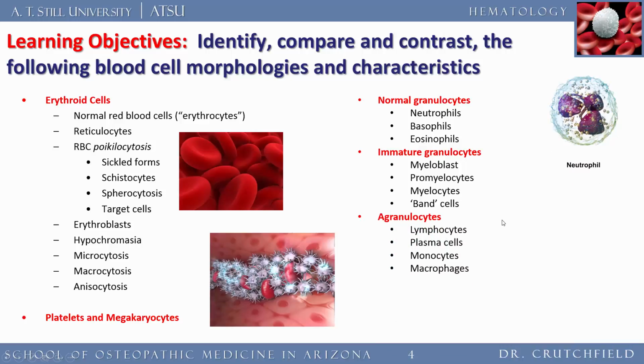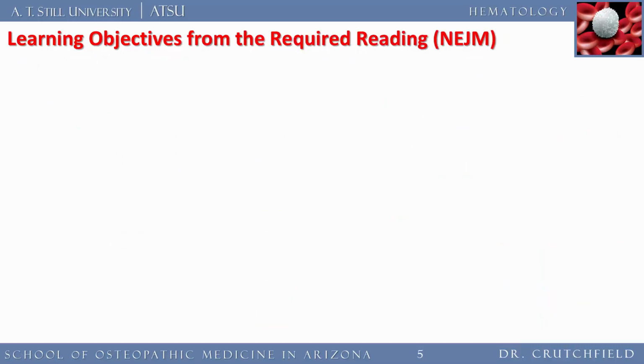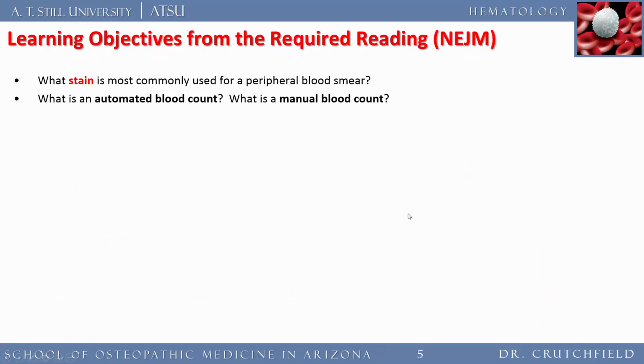And then we're going to take it down and look at some agranulocytes. And as you can imagine, these are white cells that don't have granules: lymphocytes, plasma cells, monocytes, and macrophages. And so once we've gone through all of this, you'll get a better idea of what you're looking at under a microscope. So from the required reading, I also have some questions that I want you to be able to